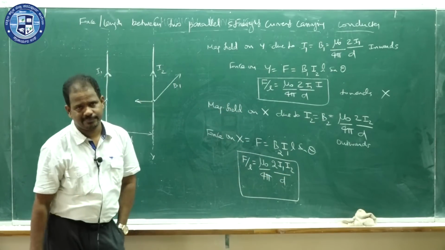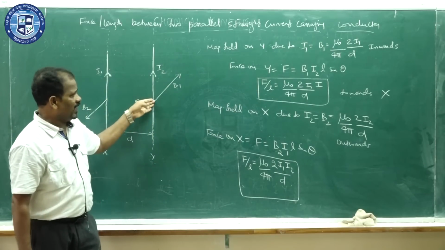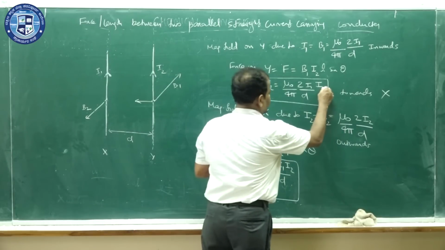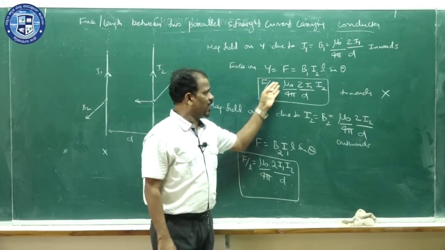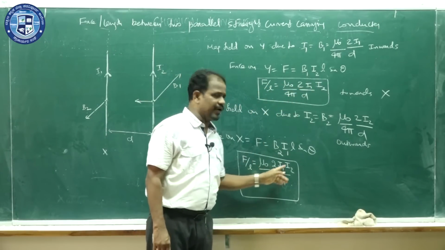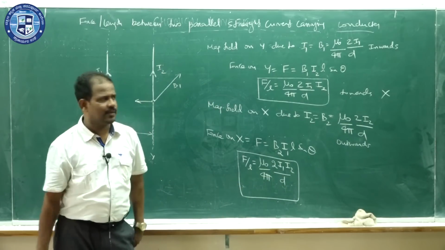Force per length acting on Y and acting on X are both the same. Force per length is given by the formula mu naught by 4 pi into I1 I2 by D. That means the force acting on both is the same. Direction: